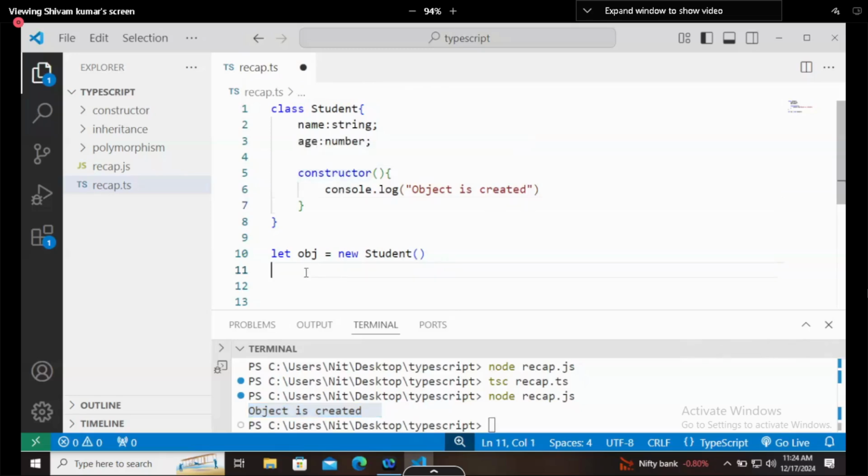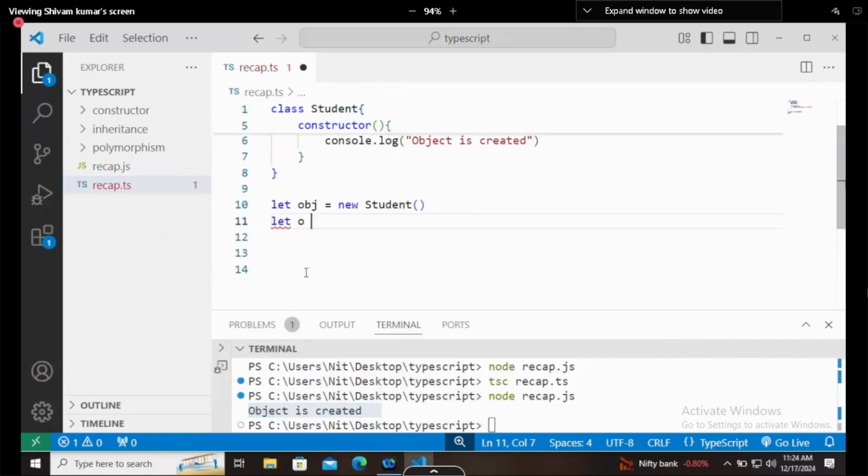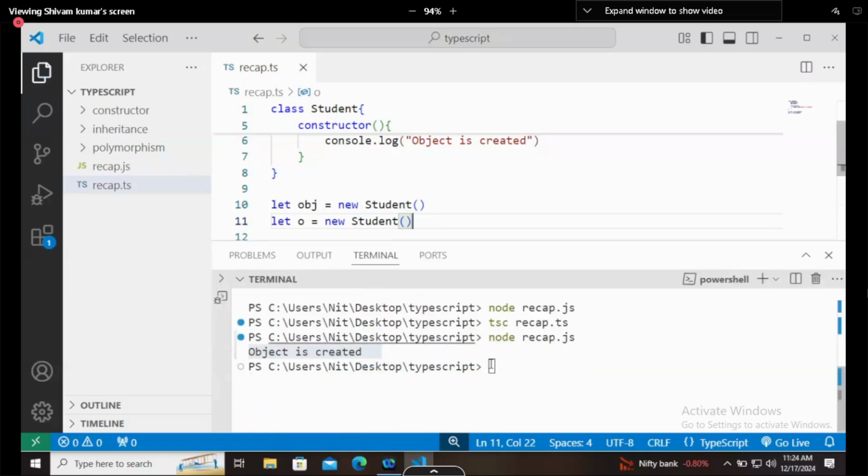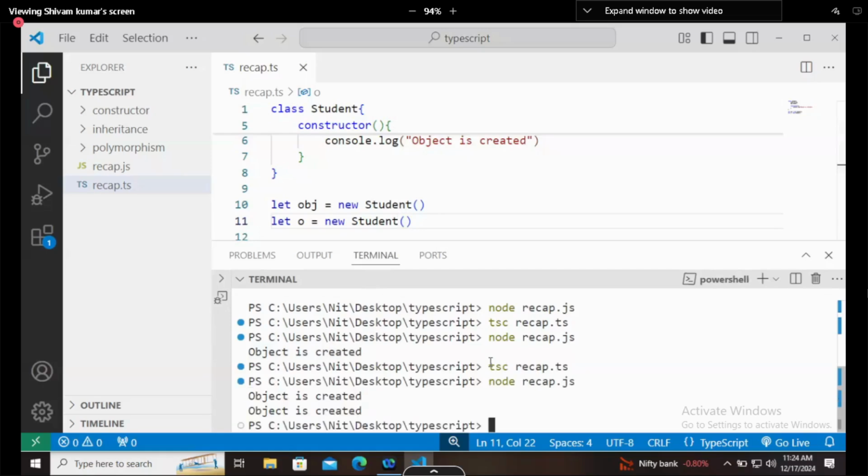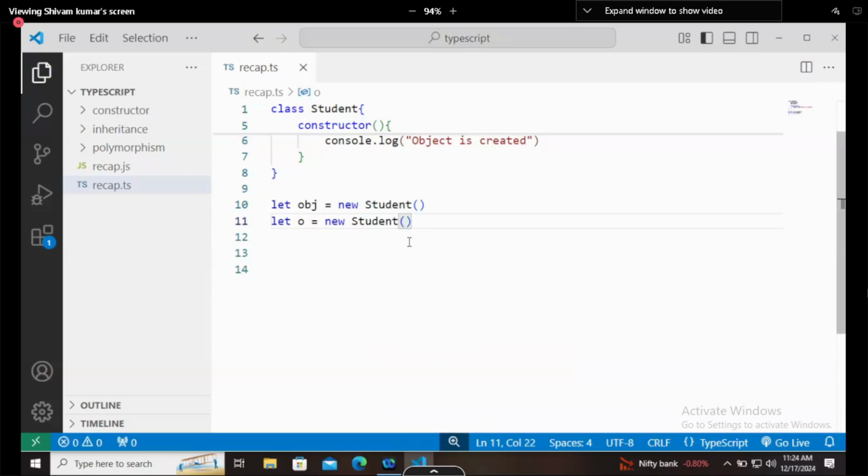Now if you create another object, it will be called 2 times. So I have done let o equals new student, and the same way if you run your file, tsc recap.ts and then node, object is created 2 times. Okay, understood? Now the case is very simple.